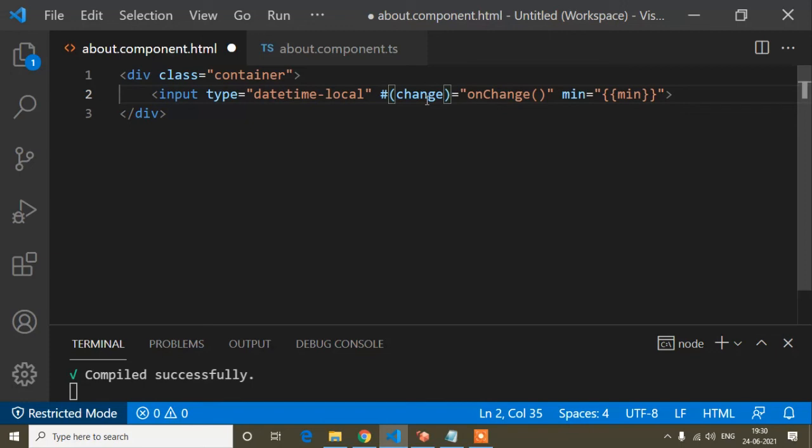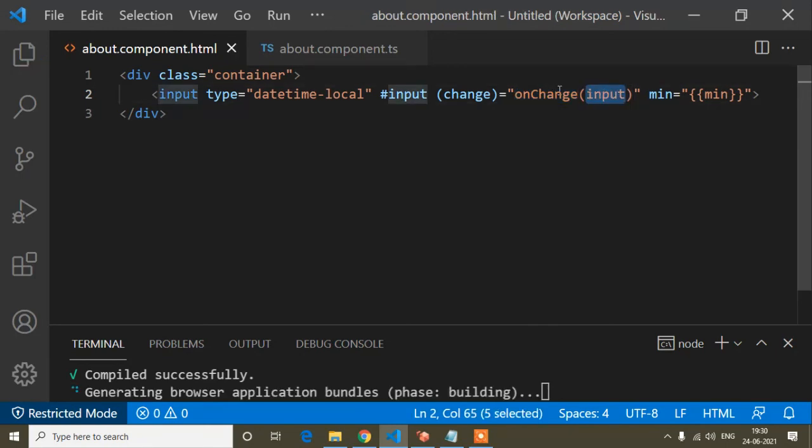So here I will write the template reference variable, like input. If I pass this template reference variable as a parameter in this method, then I have passed a parameter inside this method.